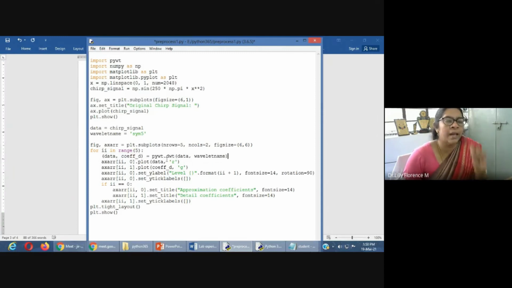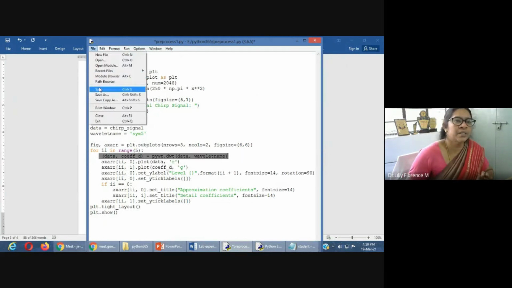Here another library we have used, PyWavelets. If it is not available in your system, you can install it using pip install PyWavelets. So this library is PyWavelets, and you have to install it here. This method helps to calculate the coefficients, the reduced format of the coefficients, that is, the wavelet transformation coefficients. Next, as you all know how to plot the data into a graph, x value and y value we are plotting here. Only these steps alone we are using for our data reduction.